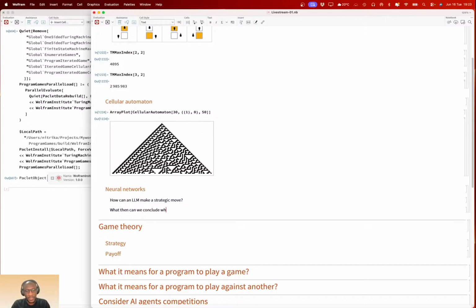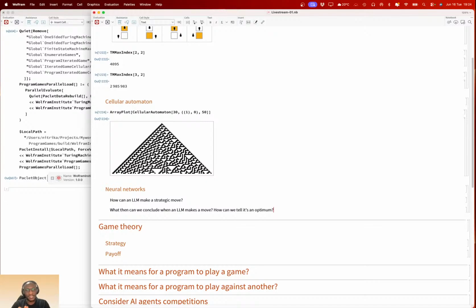How can we tell it's an optimum strategy when an LLM makes a move? The way to tell if an LLM makes an optimum strategy is you have to define what optimum means,